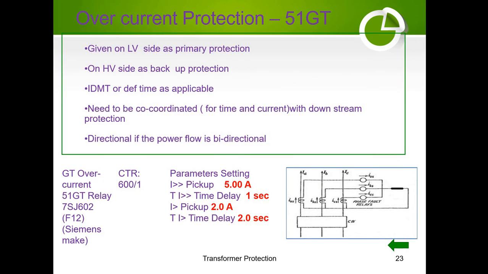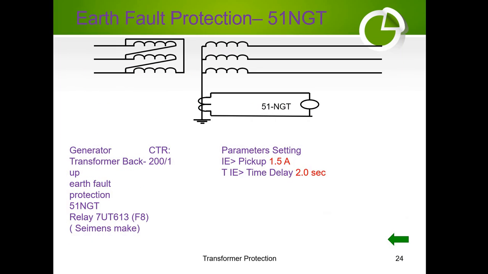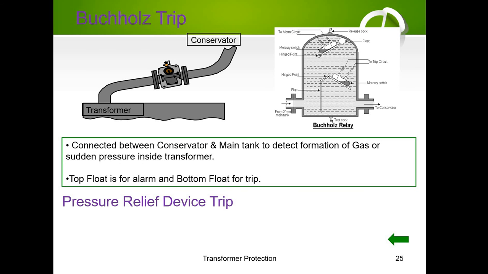Over current protection is given on the LV side as primary protection and HV side as backup protection, IDMT and DEF time as applicable, which needs to be coordinated for time and current with the downstream protection, directional if the power flow is bidirectional. Earth fault protection 51 NGT. Generator transformer Buchholz relay is connected between the conservator and main tank,